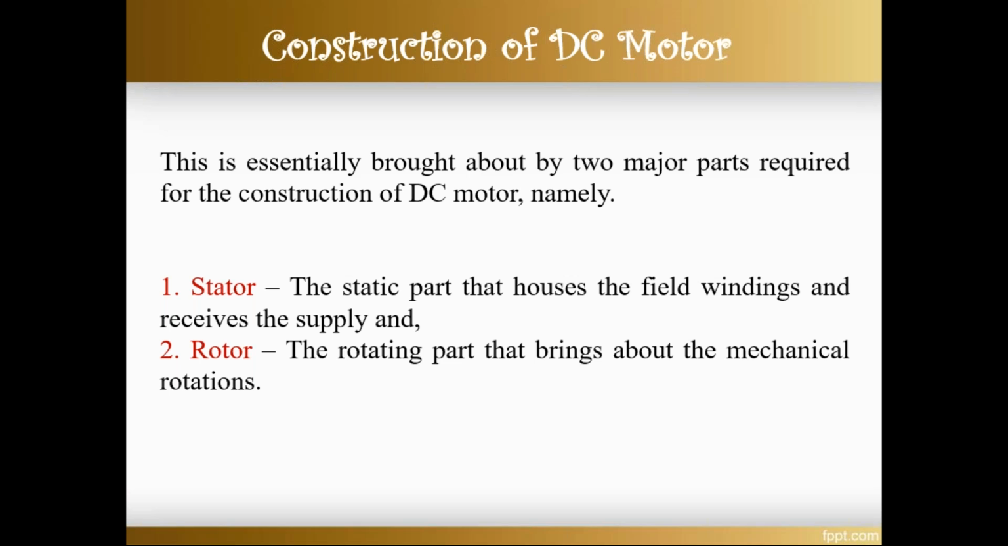So as we saw in the DC generator, from the construction point of view both are the same. So no problem, I will repeat that again, then you can